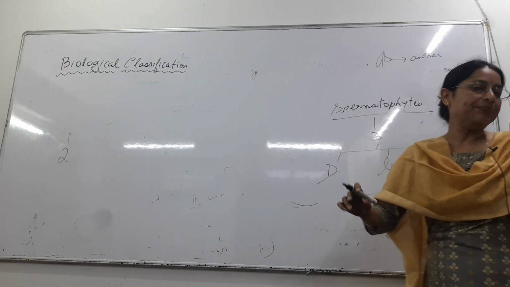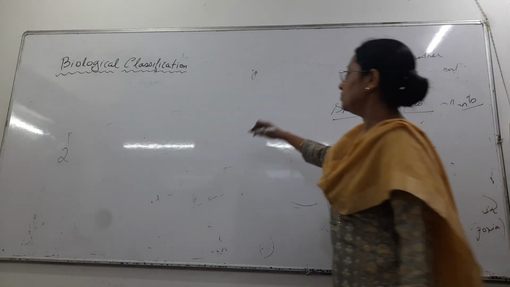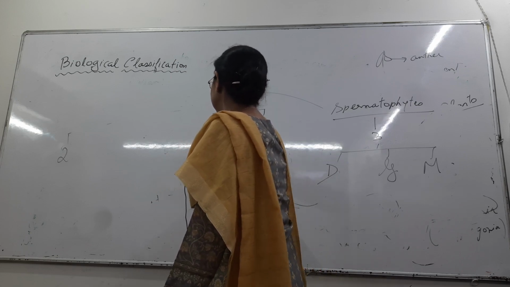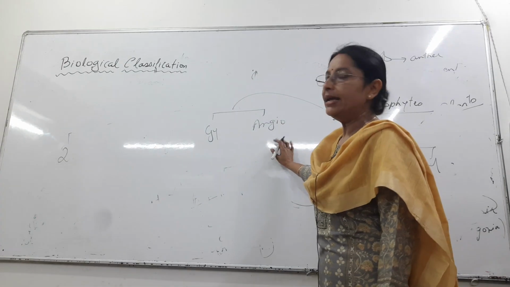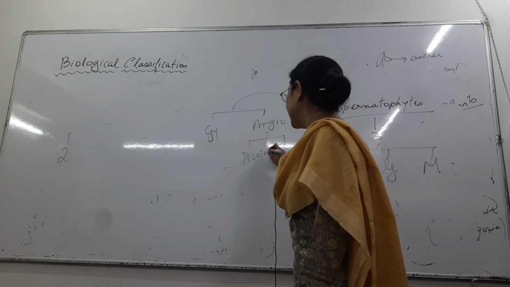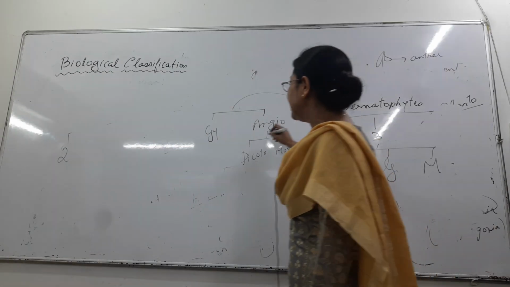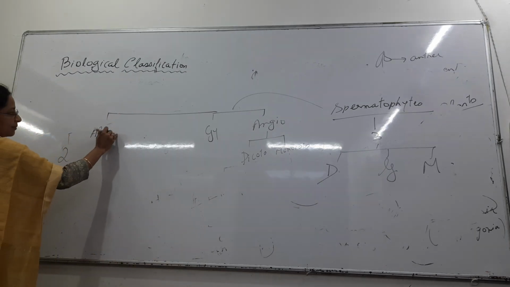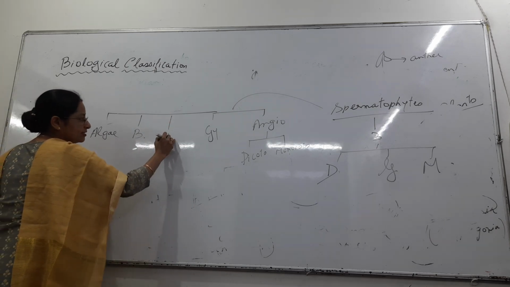Talking about dicots and monocots, spermatophytes again divide into gymnosperms and angiosperms. Angiosperms is a group, again divided into dicots and monocots. Right, in plant kingdom classification, first we wrote algae, then bryophytes, pteridophytes,